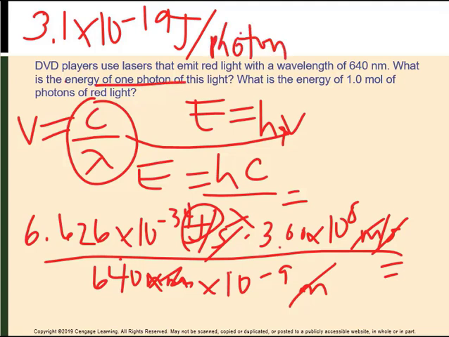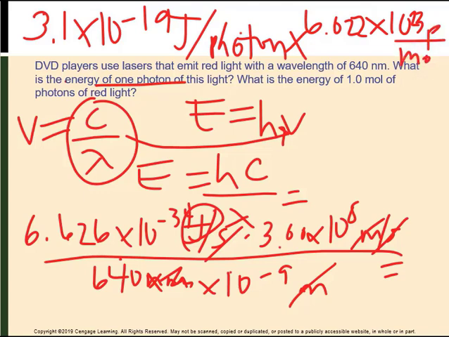What's the energy of 1 mole of photons? Well, we know that in 1 mole of anything, there's 6.02 times 10 to the 23rd particles, atoms, molecules, and photons fall into that same thing. So since photons is on the bottom here, we're going to multiply this whole thing by 6.022 times 10 to the 23rd, and this is particles per mole. So let's see if I take that answer and multiply by 6.022 times 10 to the 23rd, I get